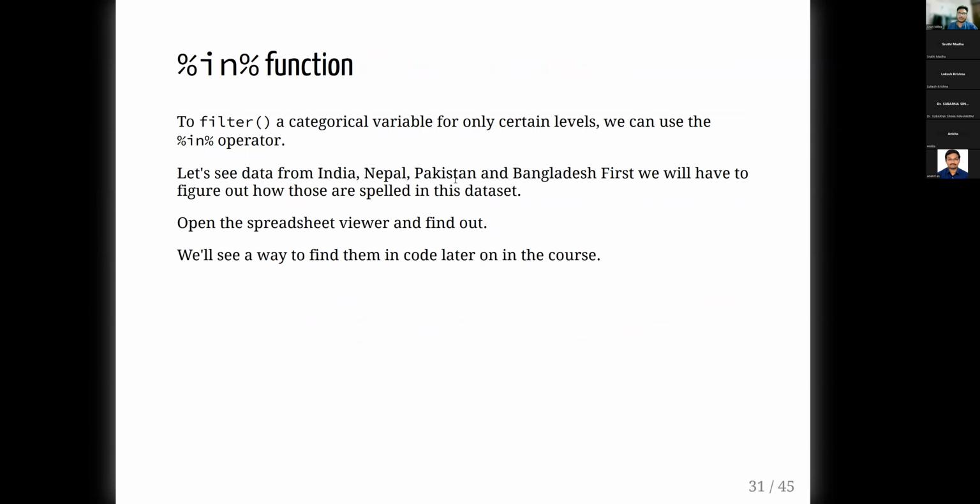Yes, sir. I want to introduce you to one more complication. We have looked at the pipe operator, which is percentage greater than percentage. What it means is take this and then do that, isn't it? So there is this in operator also. For example,